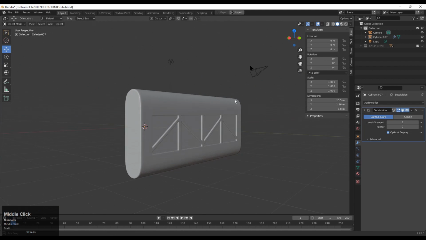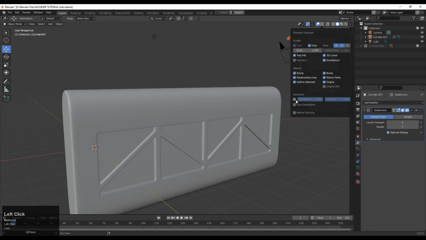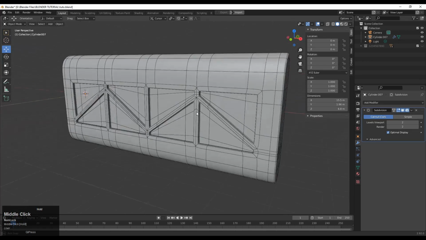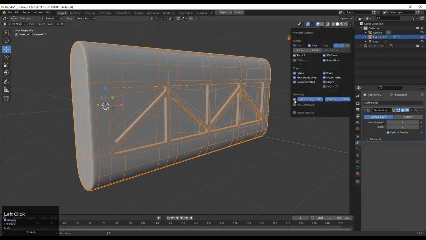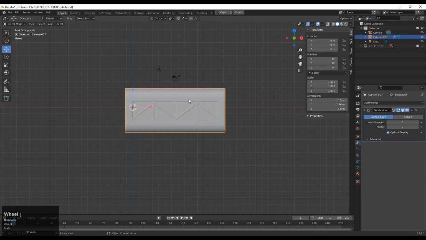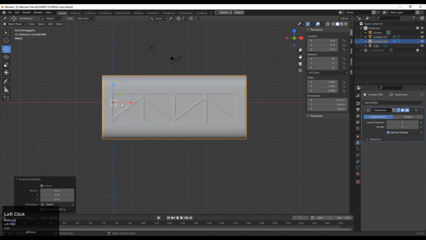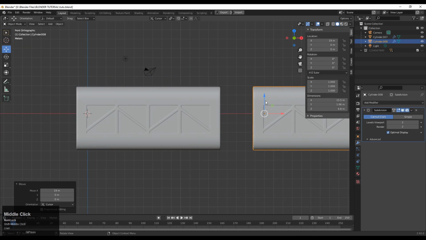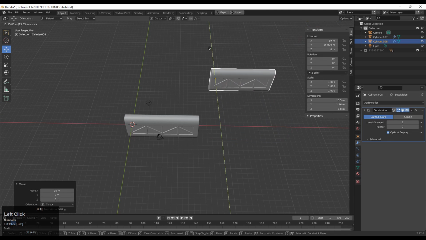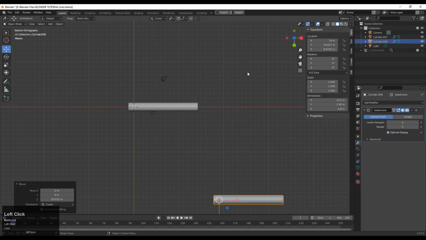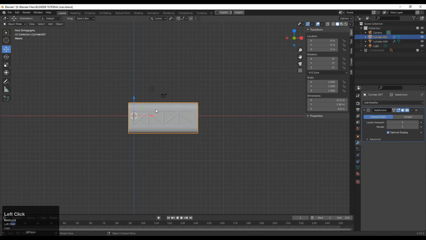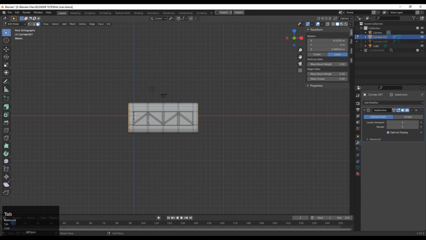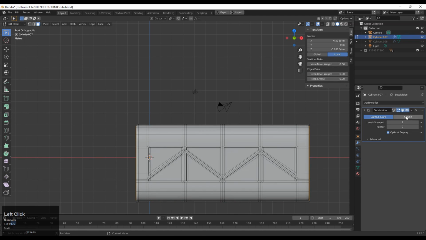And now we will add a little bit more design on this model. So you can see the edge flow for this model. So you can get an idea about more design. Because the design is possible because of the edge flow. So you just need to see the edge flow and observe how you will be able to take it to the next level and how many designs you can add and which kind of design you can add on this particular model so it will look decent from the design sense also.